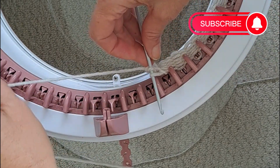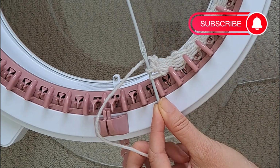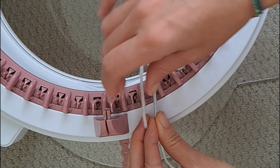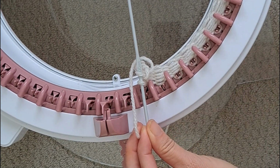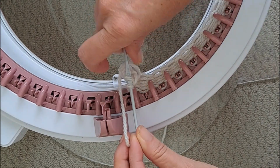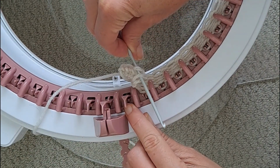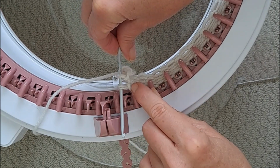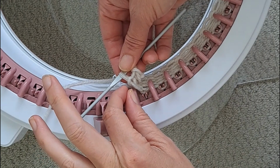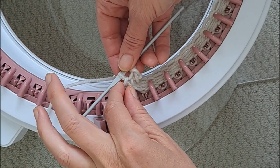Okay, so I have 2 stitches here on my hook, and then what you're gonna do is you're gonna crank it back until that peg is back open. Just a little bit, it doesn't need to be much, so that makes it easier for you to increase the next stitch. So what you're gonna do is you're gonna get the loop on the back of the 2nd stitch,